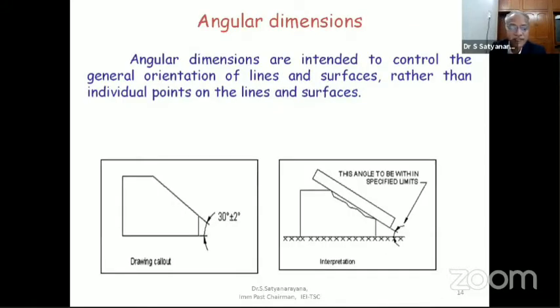And when you measure the angle with a steel rule, there will be a lot of variations. You need not worry about the variations. The angle, if it is within the tolerance, then you have to accept it. I am going fast, because a lot of topics are there. Maybe 3 minutes I will complete this.